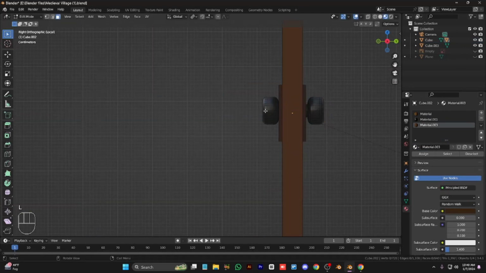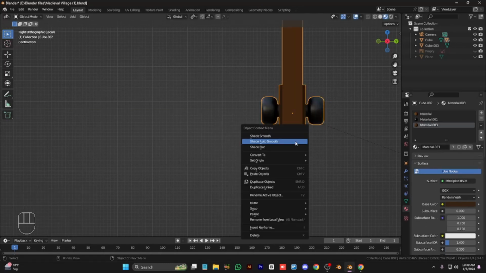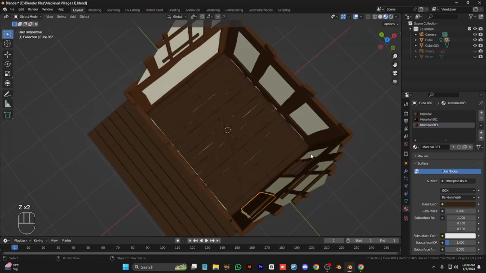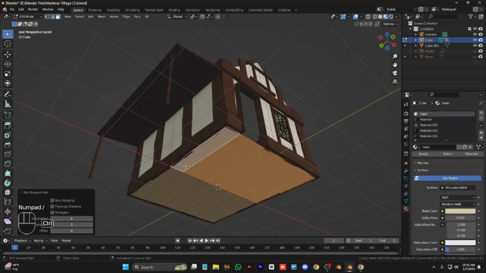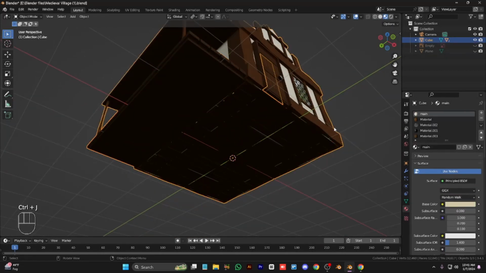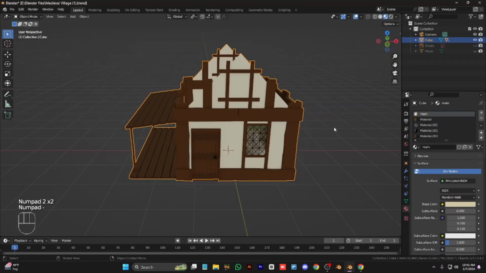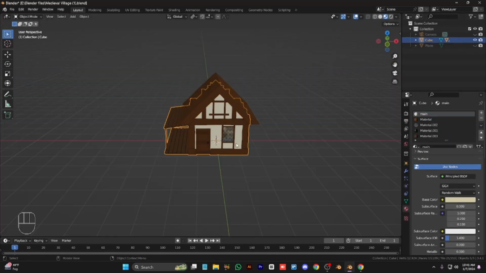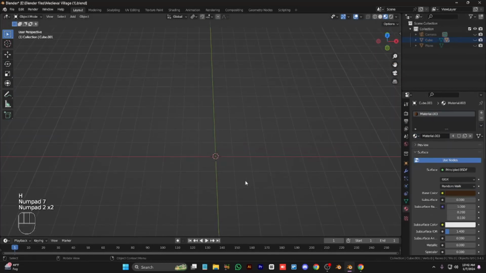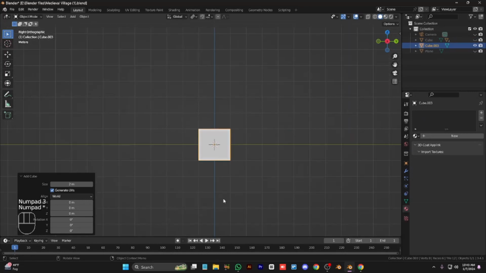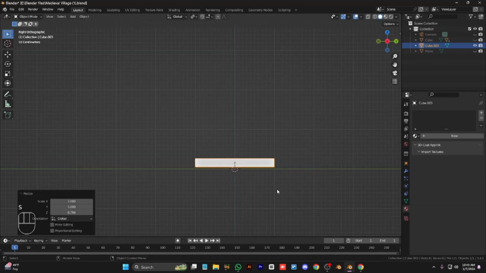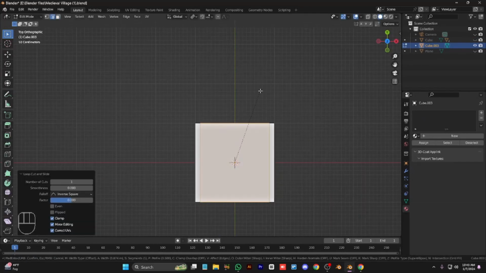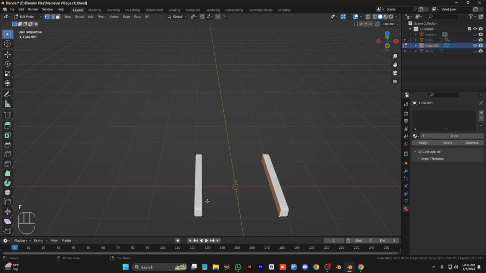Then we will add a doorknob in the front side and adjust the front side. Okay, then we will delete the bottom faces of the house, because we added a plank floor. Okay, then we will hide it and make a simple bed by adding a cube and scaling up like that,